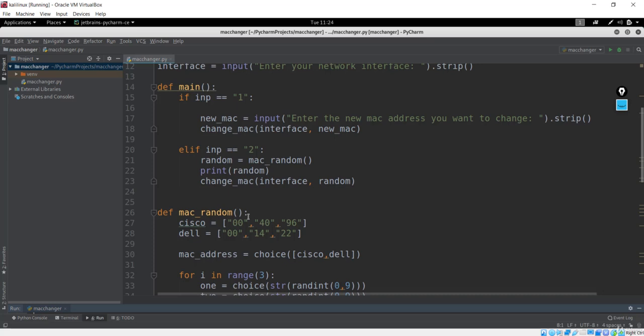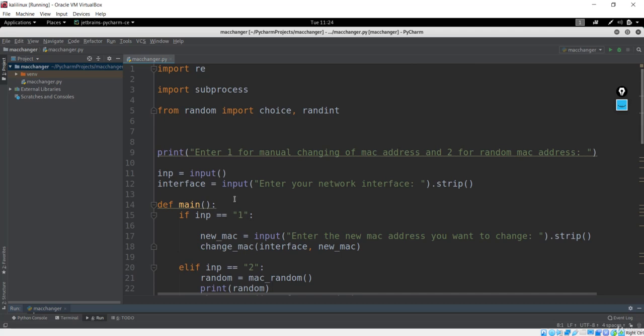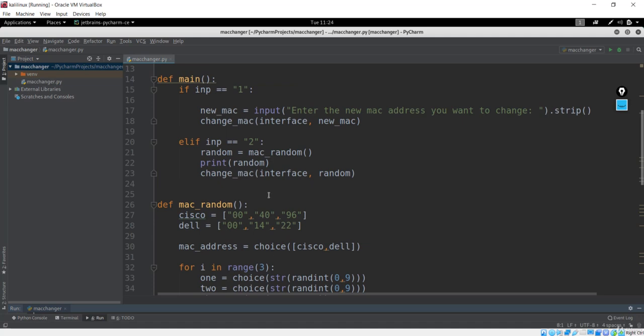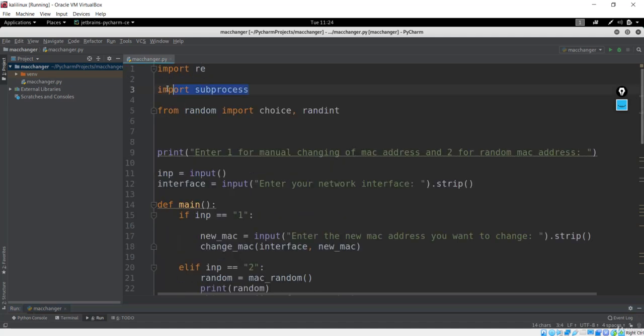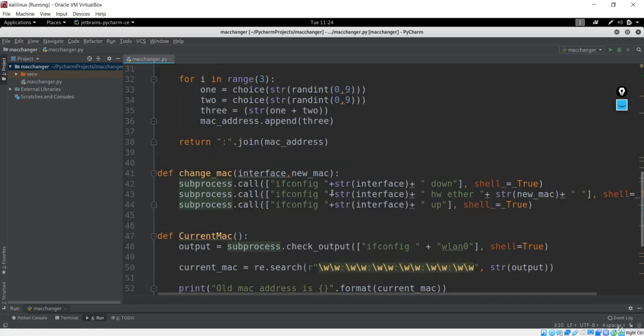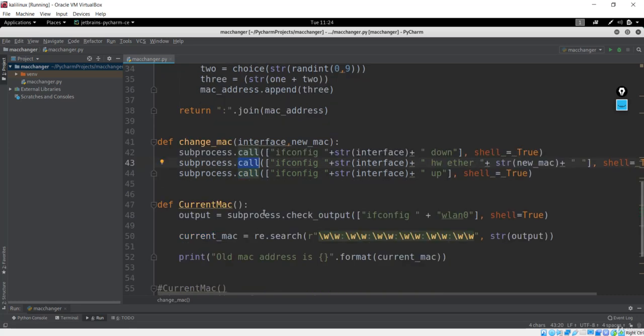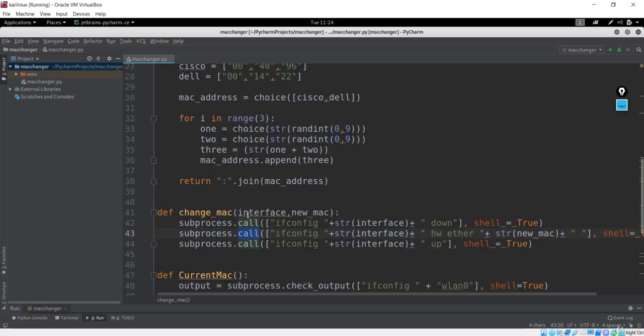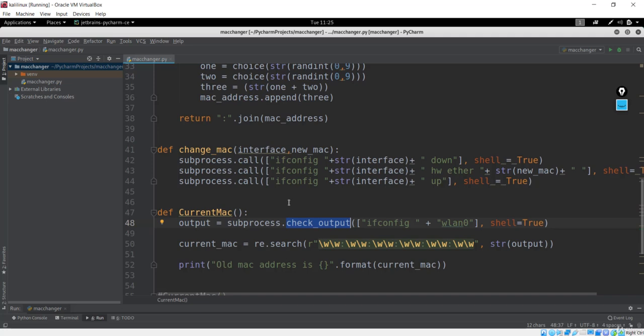In this lecture we saw how to make our random mac address, and the mac address that can also be used from the input which is given by the user. So we saw how to make use of this subprocess. So this was the important module to work with, because this will just execute your code in the shell with this call method. And the difference between this call method and check output is that this is going to run in a line basically. So this is important, because this will care about the sequence and this does not care about the sequence.